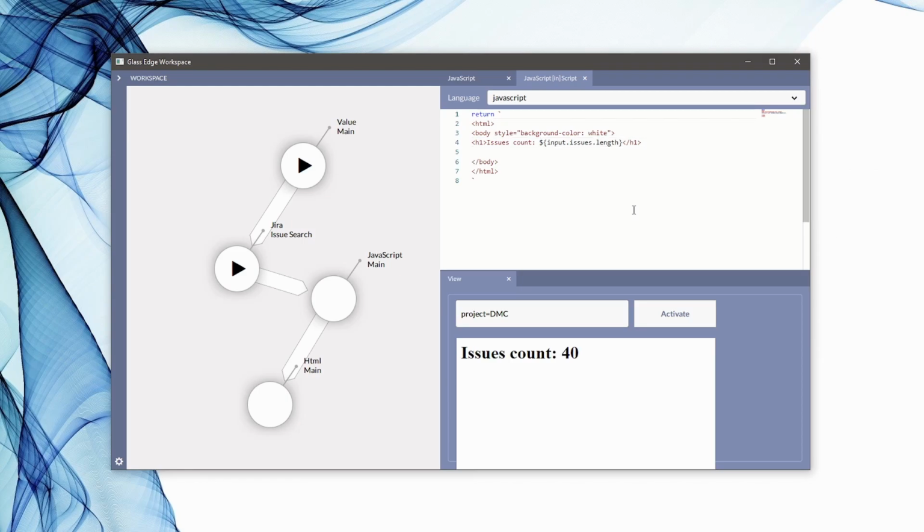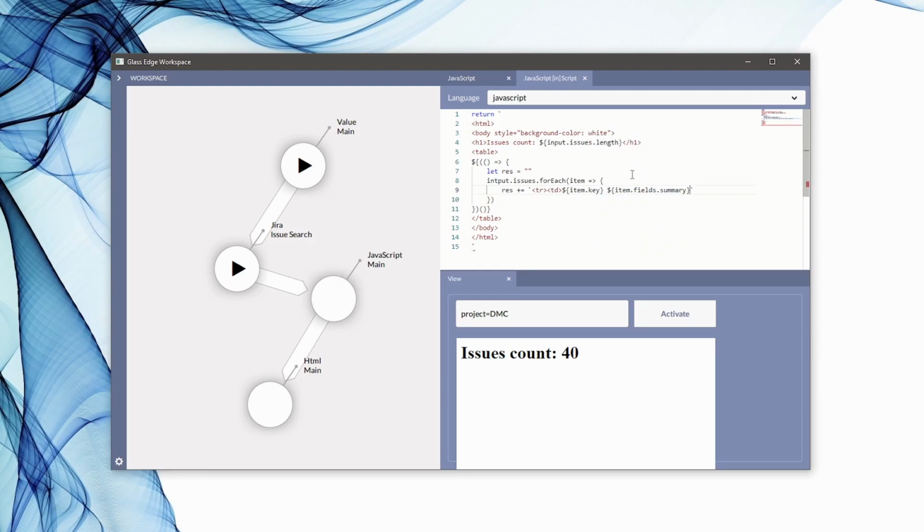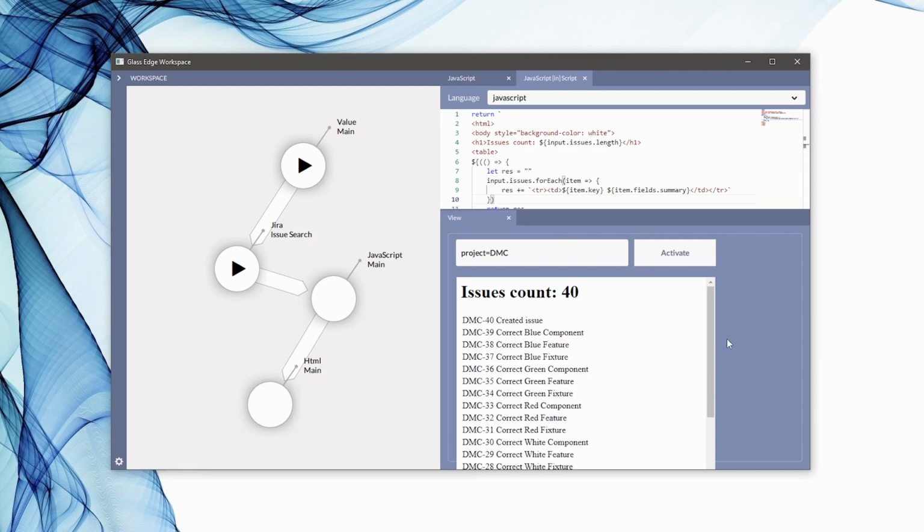We can put it like this. And what we can do next is create a table to display all of the issues in a convenient format. Okay, so in this way we've got a table